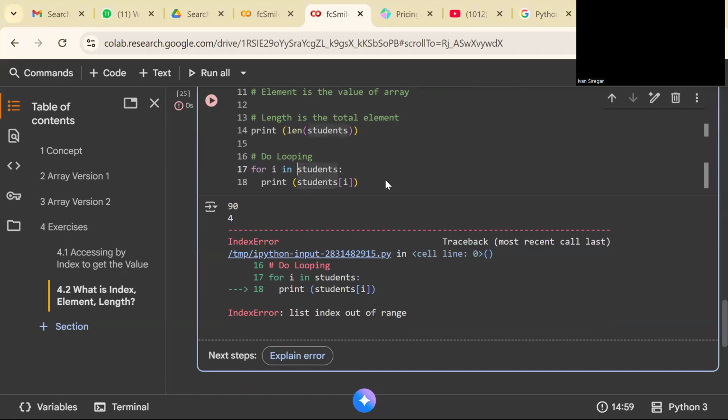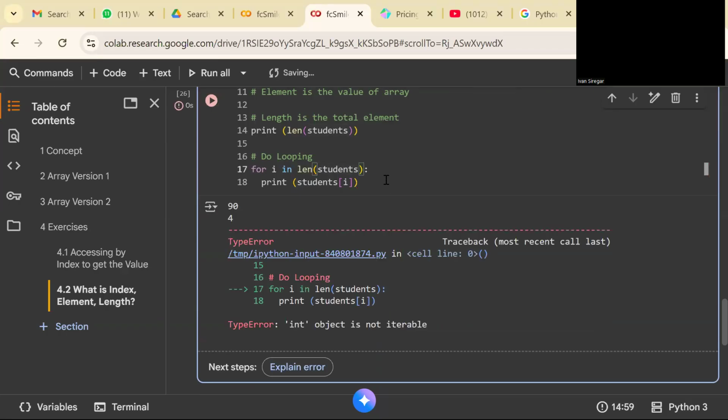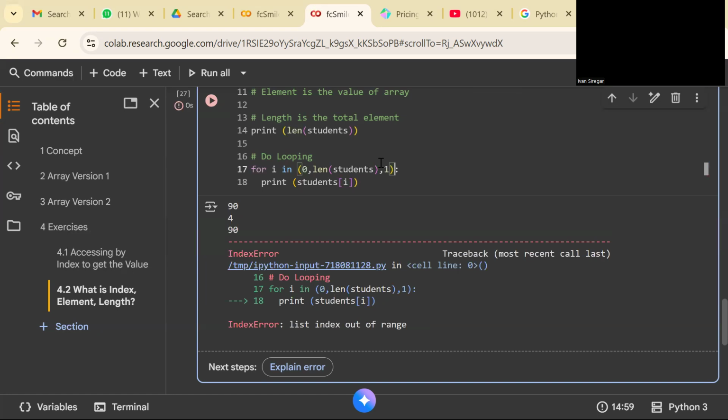So you get here the length of the students. Yeah, for i from 0 to the length of the students with step 1, and this should be -1.